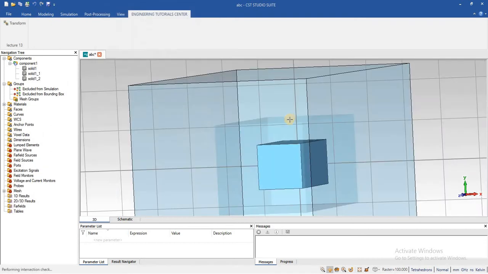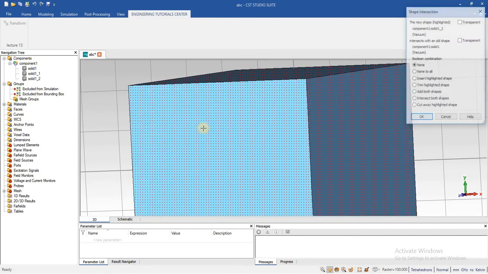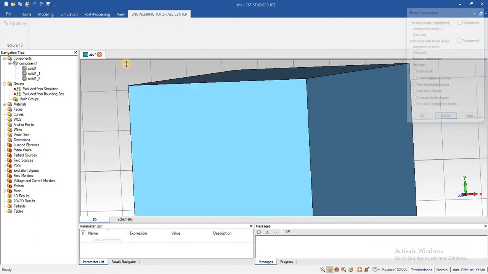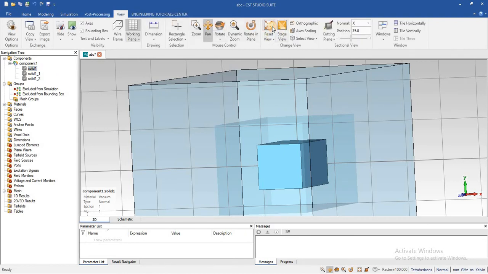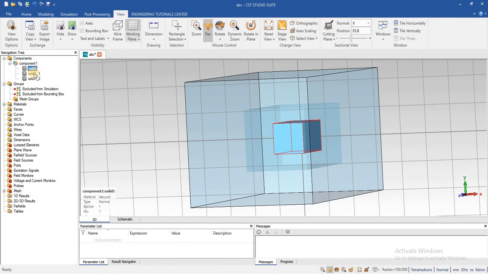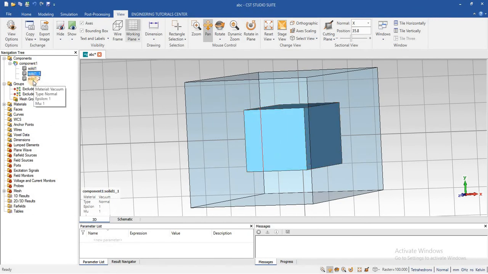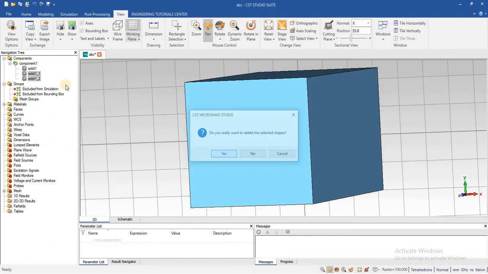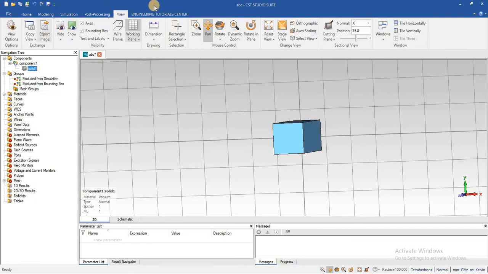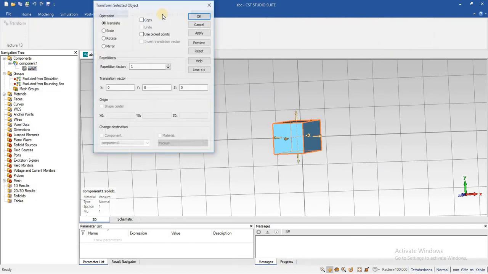Similarly, press OK. Here you can see that this is our original object, this is the first copy and this is the second copy, with the scaling factor. The operation is scaling.